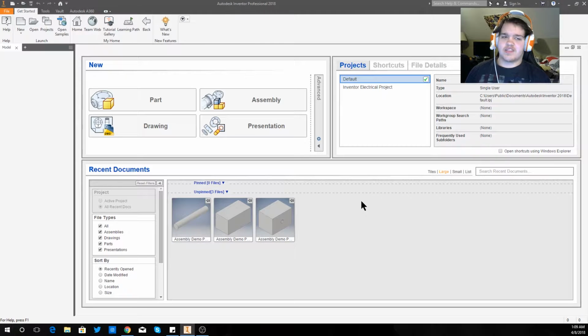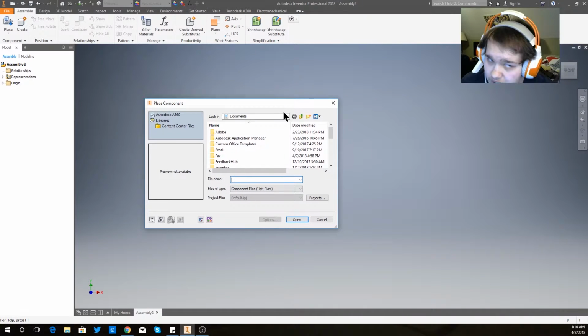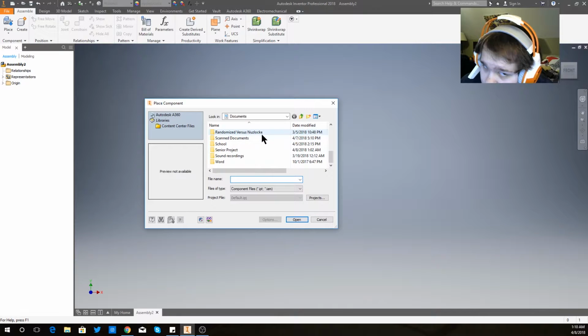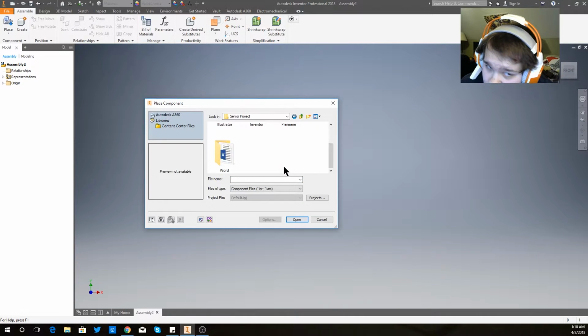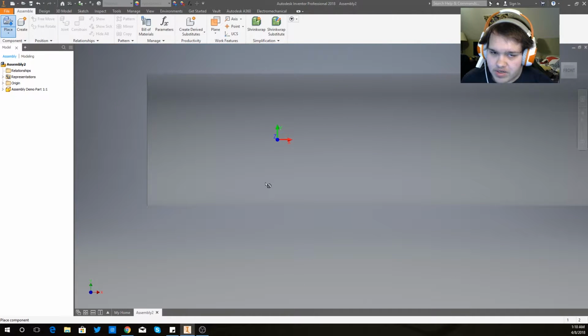Okay, so just like last time, we're going to start off here in the Inventor home screen, and right next to Part, which I clicked on last time, you see Assembly, which I'm going to click on now because, wait for it, hold on, it's coming. This is an assembly video. So now it loads up the empty void of nothingness again, and I come up here and I go to Place. And now I can browse through my documents and pay little attention to the man with the files. I can place the first part here,